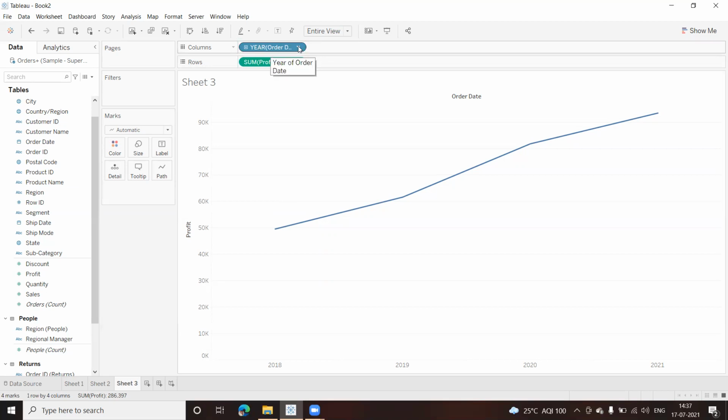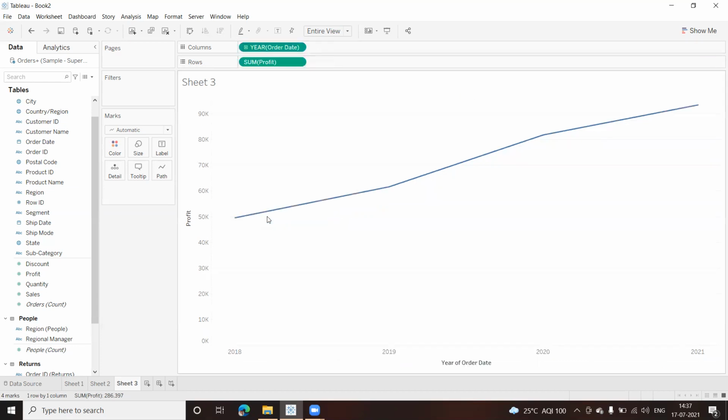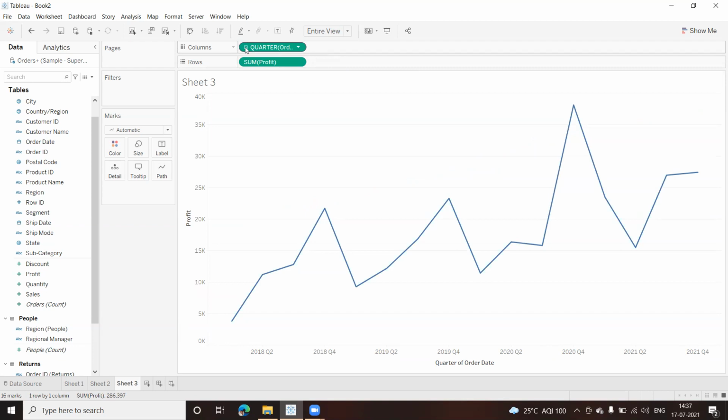Now, if I have to change this into a continuous value, I'll come here and change this to years from here. As soon as I do that, some changes happen in the diagram. Plus the color of this capsule also changes. Now both are the same color, which means both are considered continuous values and are considered measures. Now, when I click on this plus sign, look what happens. Now here we have only one capsule, you don't have multiple capsules. Now I'm getting a continuous line.